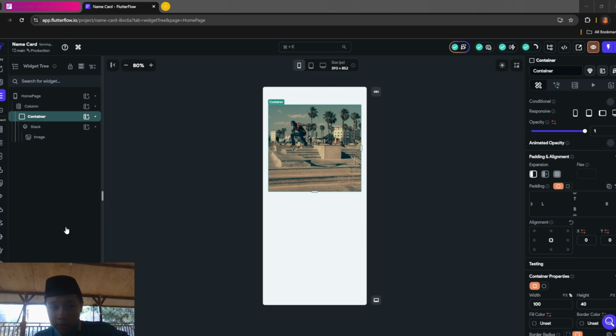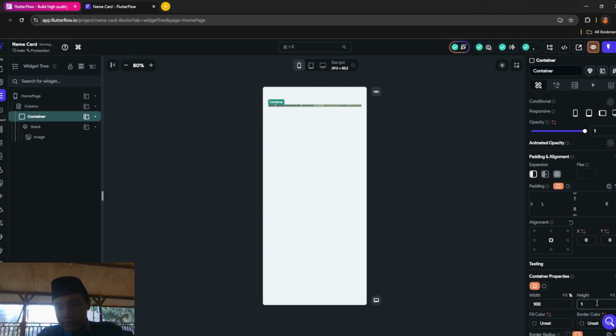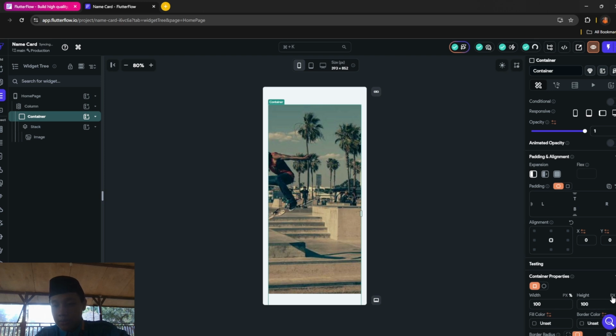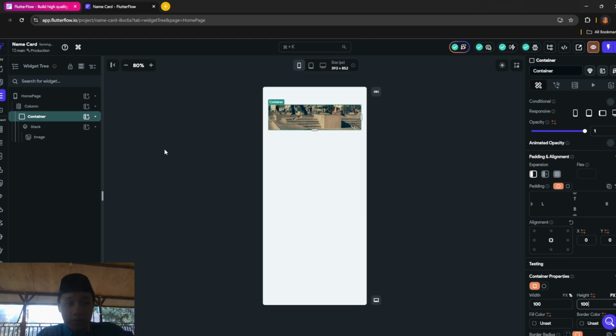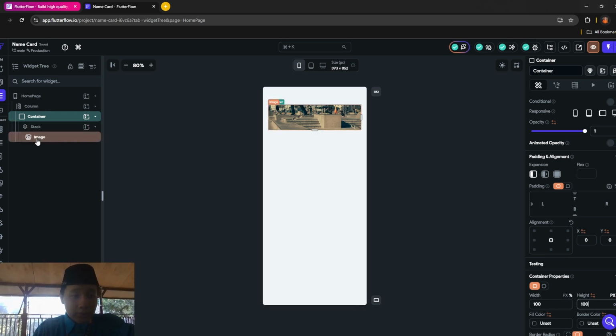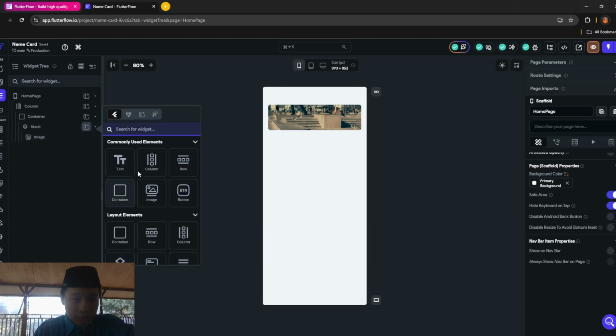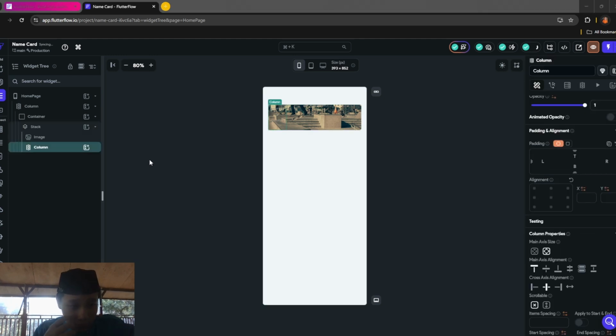Then it is a column, 100. After that, I will explain this column. You can just leave it at 100 px first. Then you want to add a column in here, with the direction below the image.